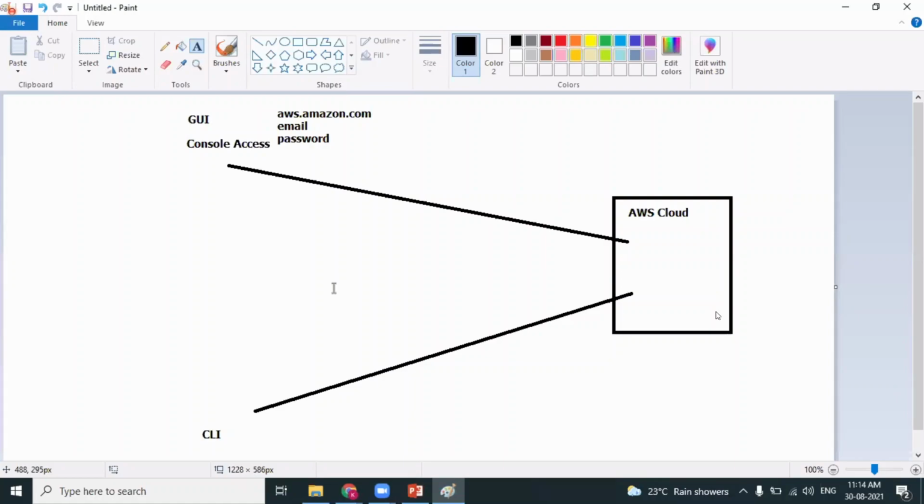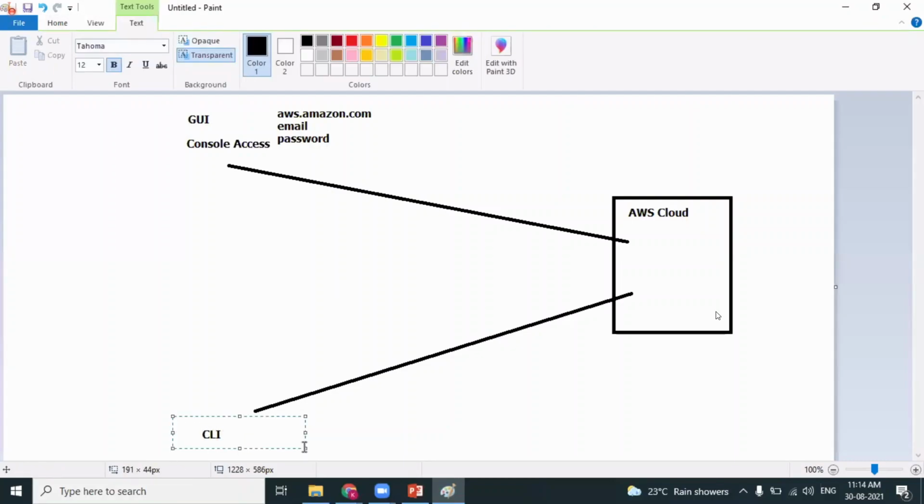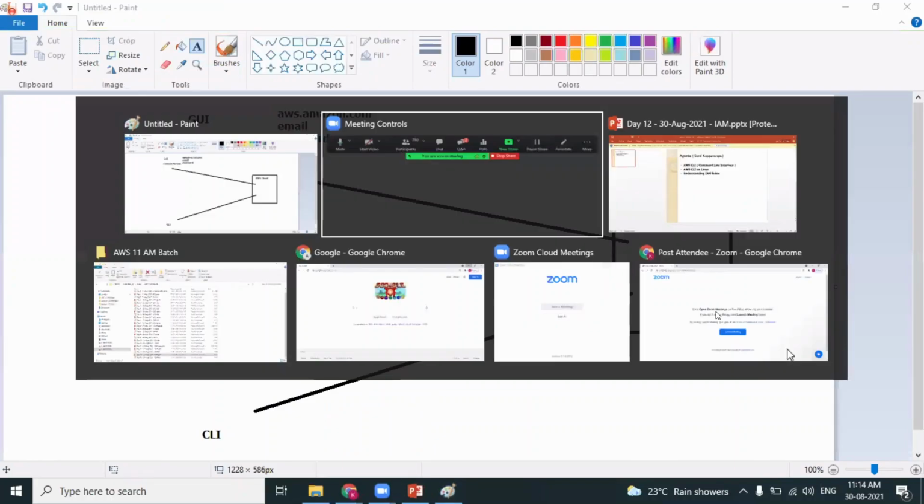There's one more way to connect to your AWS account. You can also create EC2 machines and S3 buckets using a separate approach called the command line interface. Today, we are going to experience how you can connect to your AWS account using the command line interface, and how we can start working with specific services. All this we are planning for today's session. So let's move on.